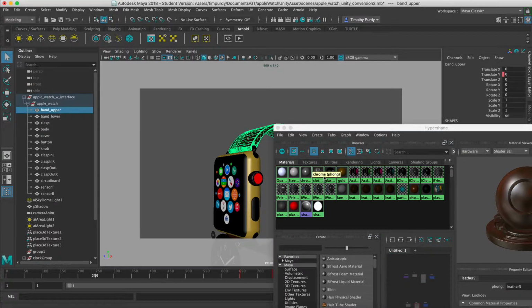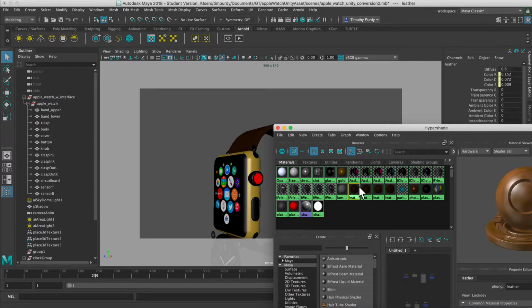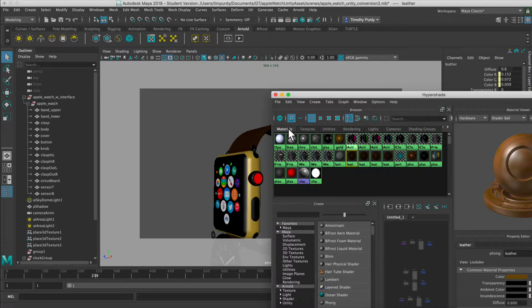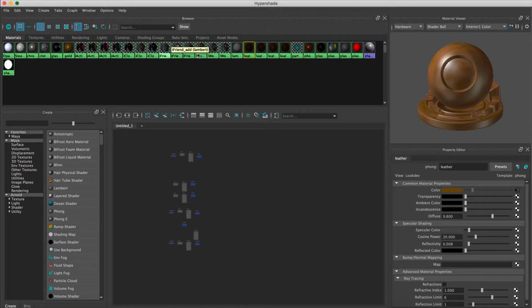You pick the geometry, and let me just show that part real quick. So here's this one. There's the original leather that I had. Where is it in this list? There it is. That's probably it. Yeah. So here's the original one. It's actually not assigned. This is converted. So let's see if I can show this real quickly. If I graph this one,